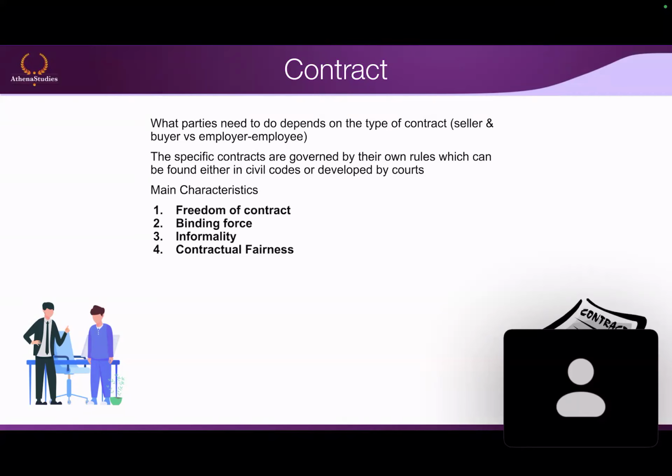Can you repeat the question, sorry? So there is the contractual fairness, this principle, and it is a bit problematic and vague, especially the word fairness in this. Can you think of any reason why fairness could be problematic or subjective, this word? Because it's hard to define what is fair and what is not.